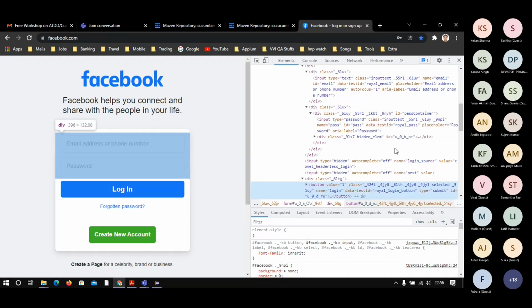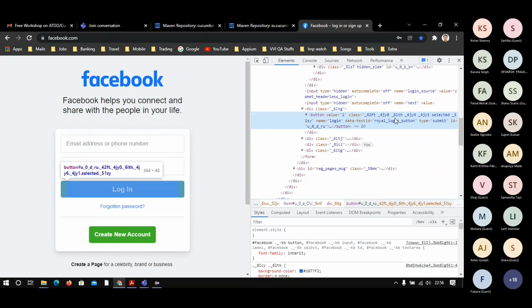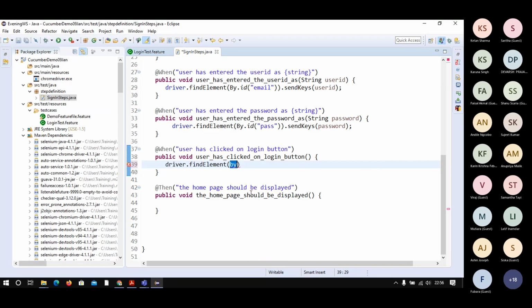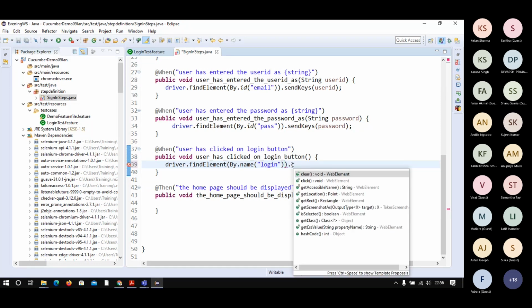Just right click and inspect. ID I don't see a stable one, so I will take the name one. Login is the name one. I will take by.name.